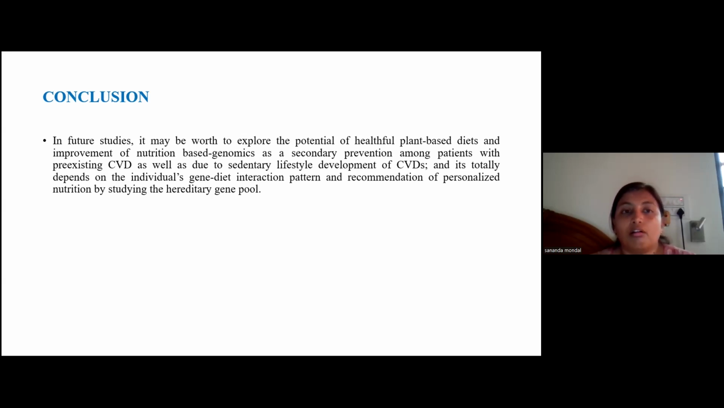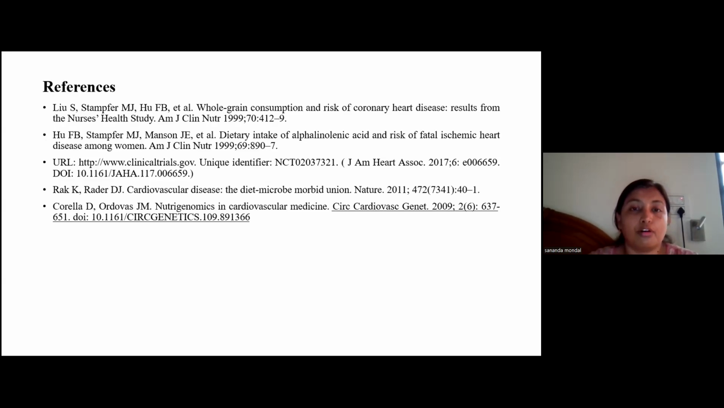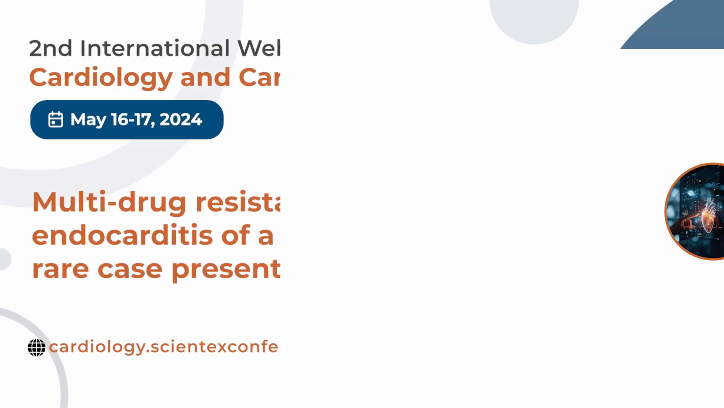the genomics of that particular individual, which can also help the improvement of nutrition-based genomics, as well as secondary prevention among patients with pre-existing cardiovascular diseases, and those developing cardiovascular diseases due to a sedentary lifestyle. And it totally depends on the individual's gene-diet interaction pattern and the doctors' recommendation of personalized nutrition by studying the hereditary gene pool. These are a few of the references, and thank you for